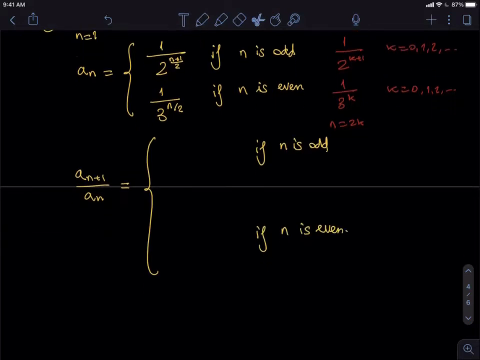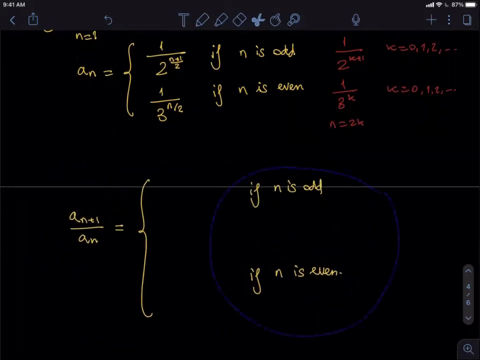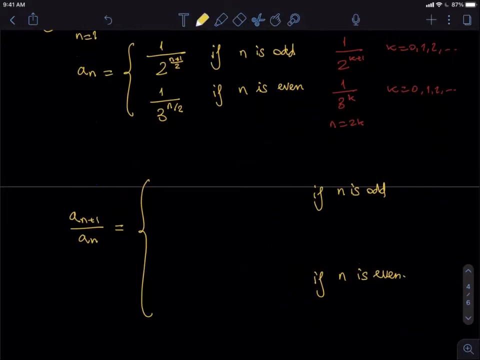I'm going to need more space, so there we go. So if n is odd, then we are dividing by an odd term. Here we have 1 over 2 to the (n plus 1) over 2. We just look at the formula, n is odd,